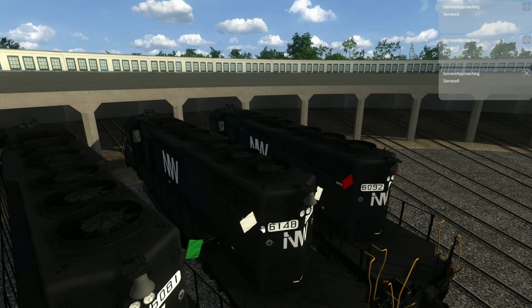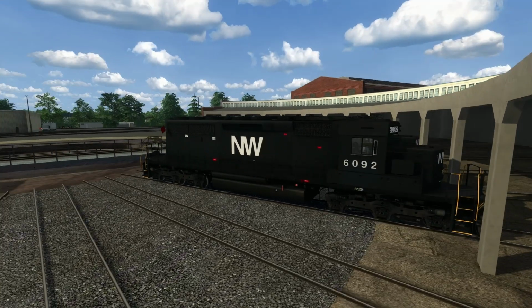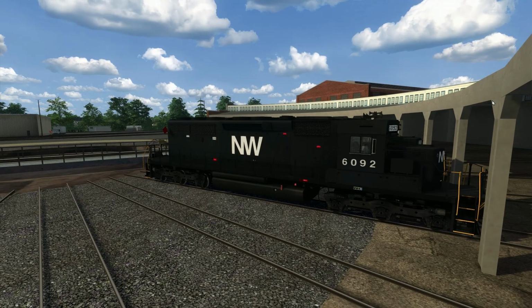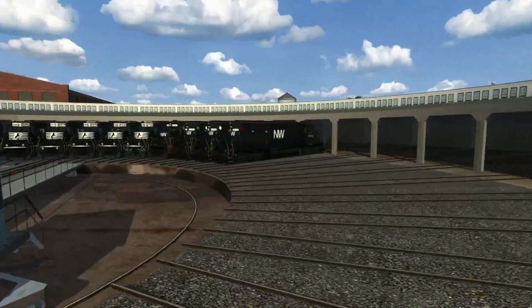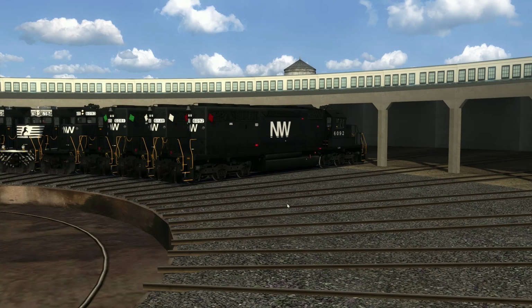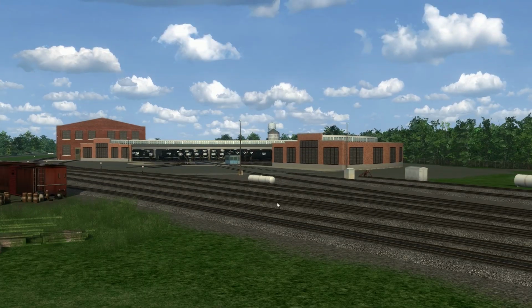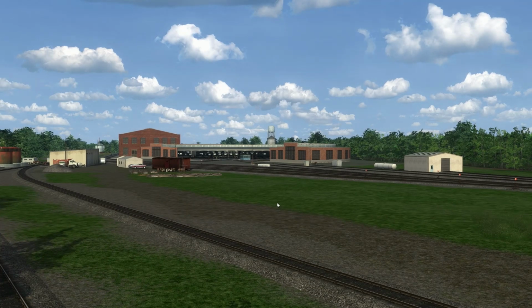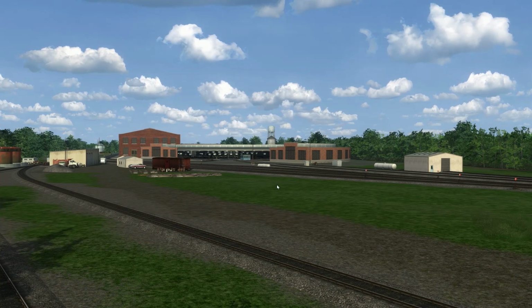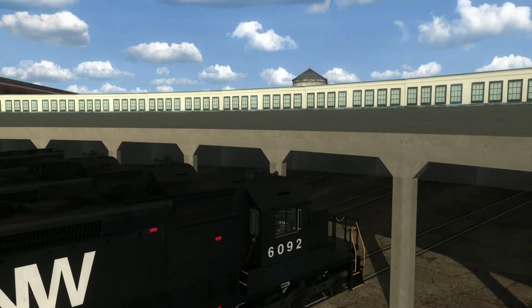Let's hop in here real quick. Get rid of all these little tabs. Awesome sauce. RS5T. Not a bad sounding horn. It's a unique sound for sure. Norfolk and Western. It's got some decent distance to it. You can definitely still hear it. It's even got that little kind of squeal on the front end. Just very nice. Yeah, I think these...